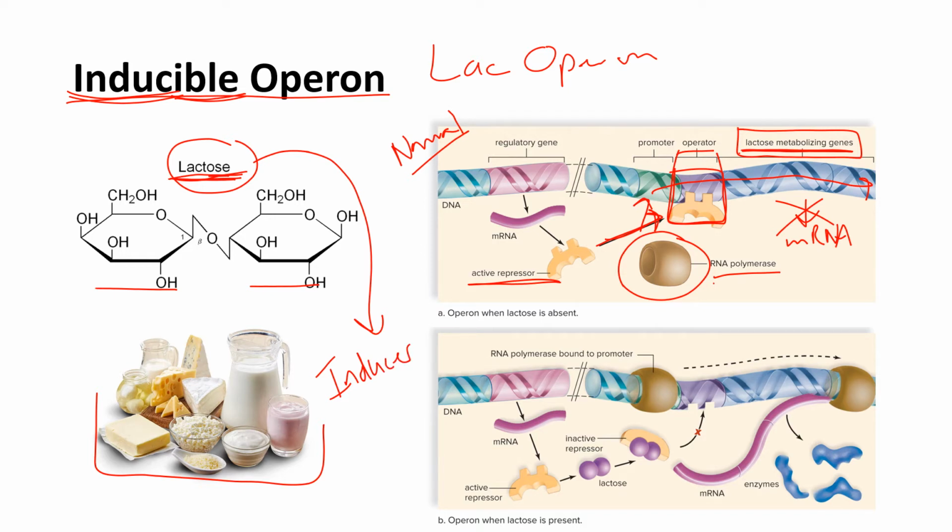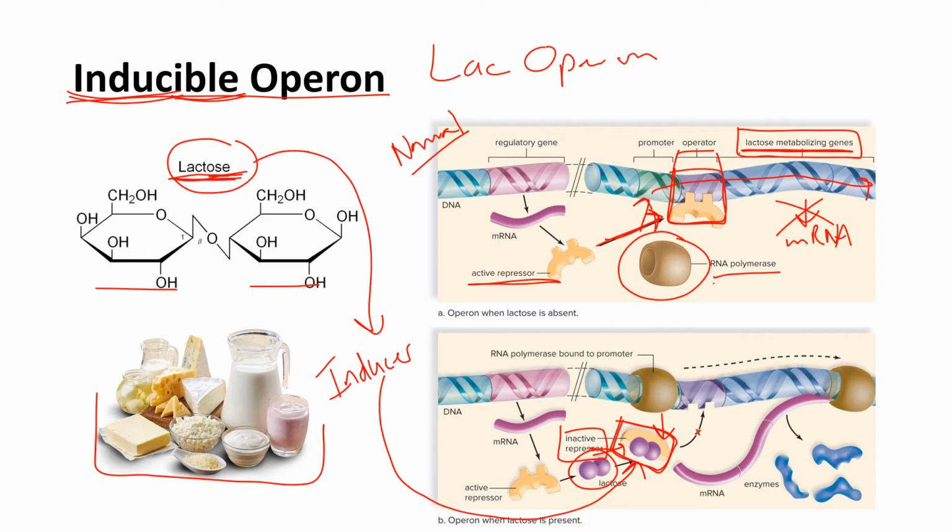And when we say it acts as an inducer, what the lactose actually does is it binds to the repressor. So here is the lactose, that disaccharide. It binds to the repressor, and when it does that, it inactivates the repressor. So when the lactose binds to the repressor, it's going to change the shape of the repressor, which changes its function. The repressor is a protein. And the way it changes its function is it inactivates the repressor, so then it leaves the operator, it unbinds